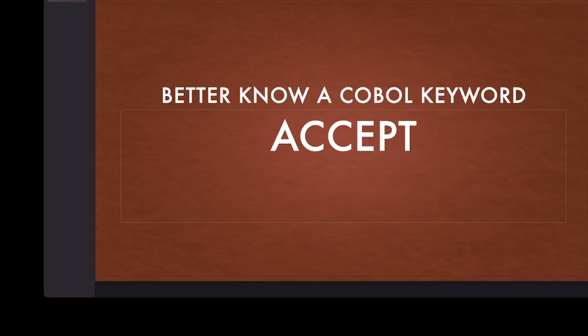The accept statement in Cobol is a fundamental keyword used for input operations, specifically for reading data from external sources into a Cobol program. This statement is commonly used for obtaining data from system devices such as keyboards, disk drives, or even network connections, and then assigning that data to a specified data item or field in the program. In Cobol, the accept statement is crucial for enabling user input and data exchange between external devices and the Cobol